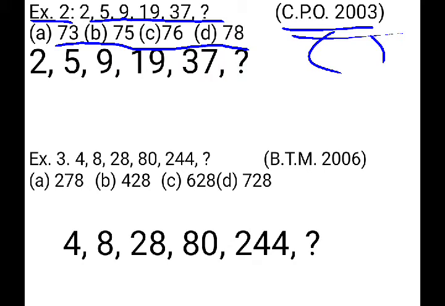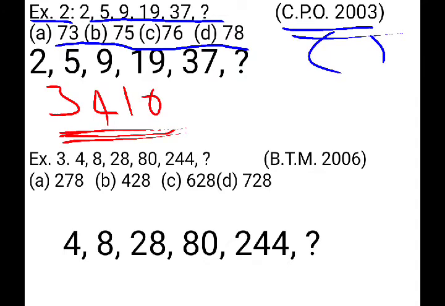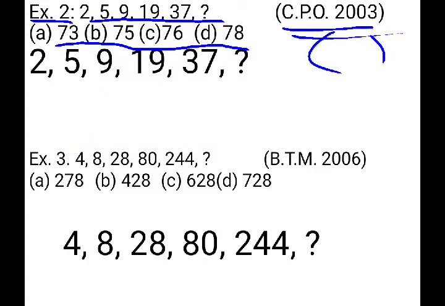Now if you see here, the difference is not possible, because 5 minus 2 is 3, 9 minus 5 is 4, 19 minus 9 is 10, means there is nothing by which we can complete the series, means there is no common aspect. Now the differences are not possible here, so we will step once and start multiplying.